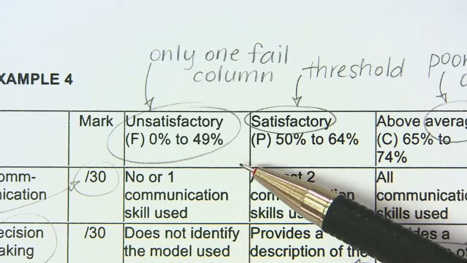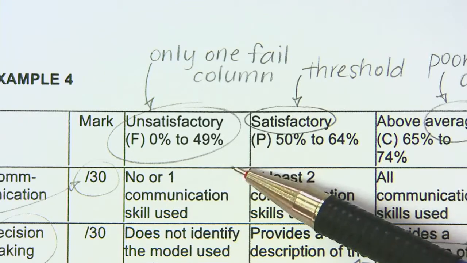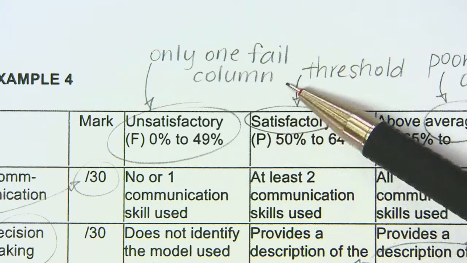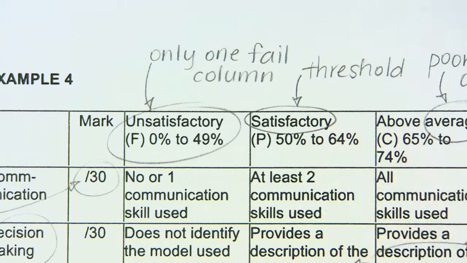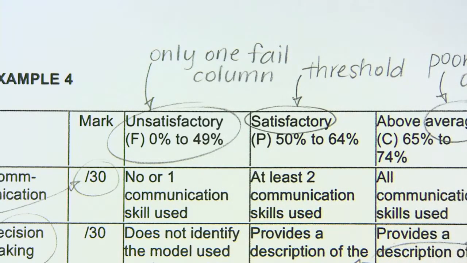Beginning with this column, or this point here, we see that in this rubric there is only one fail column. So for anything under satisfactory or under pass, we only have one level or standard. That's actually a really good feature because you don't want to be grading levels of failure unless it's suitable for the task itself. So that's actually a really good feature, just the one column. You'll see above that,